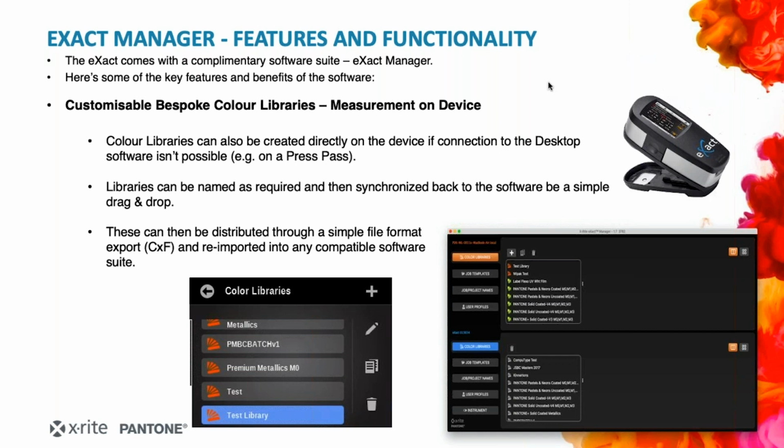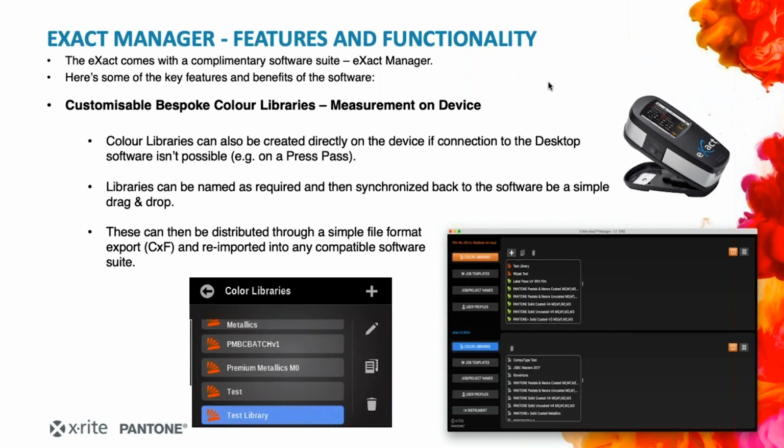So the scenario where it's been used most often is typically you have a handheld device and you are having to go to a particular customer for a press pass or color approval in some way, and the color standards that you are measuring aren't available to you. Okay, you can simply use your device, capture that data directly on the device, name it appropriately, and then